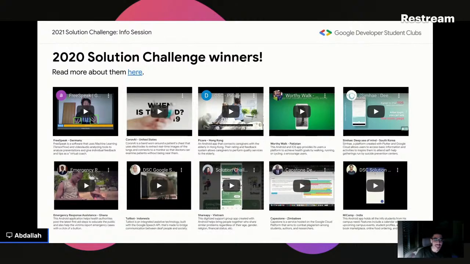Yeah, it is a very impressive project in order to understand how Corona is doing by just having a band that has been worn around the patient's chest. And that, of course, uses electrodes in order to extract real-life images of the lungs and convert it to monitor. The doctor can examine patients without being near them. So such solutions are really impressive and could definitely make a big change either in the medical community or in other communities around the world. And that's why we're really excited to see what you can all do with the 17 SDGs.